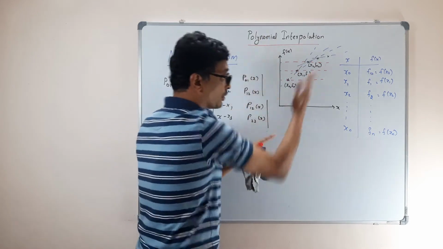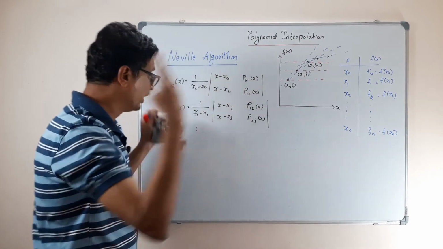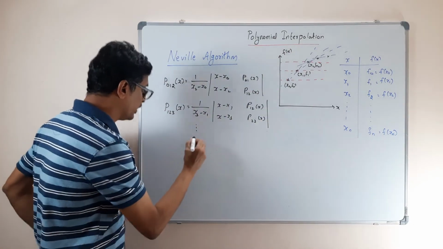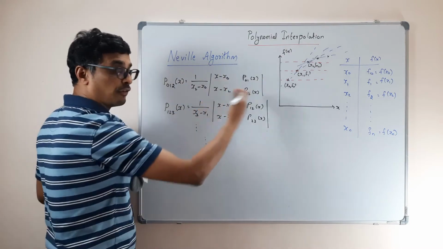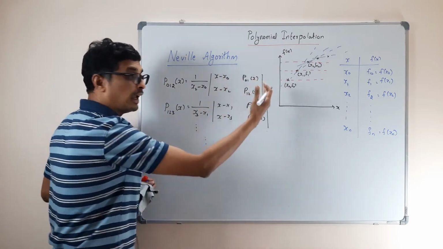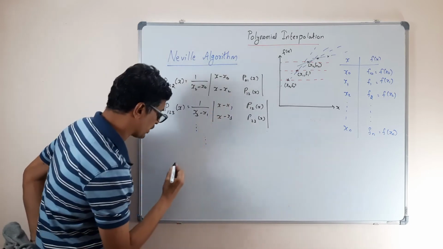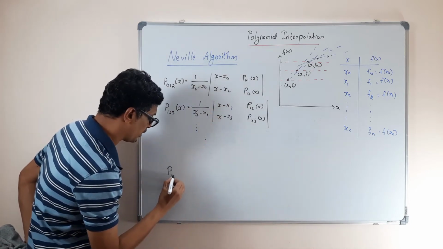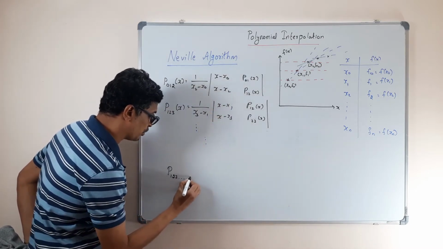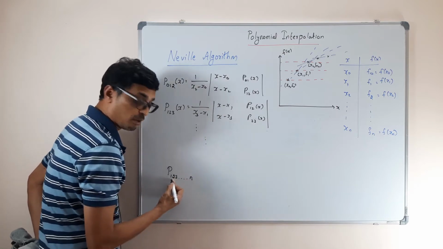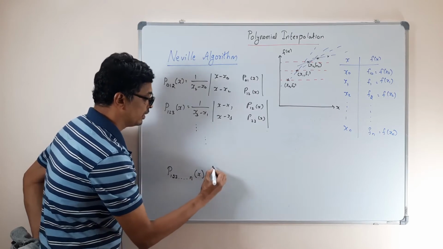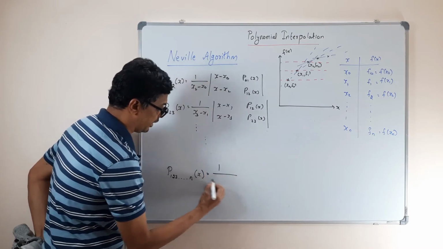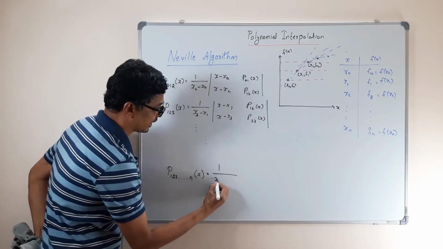That's how you keep on doing it, and finally you arrive at an nth order polynomial, p of 1, 2, 3 up to n, the polynomial passing through all the points, which will be a straight line with points xn